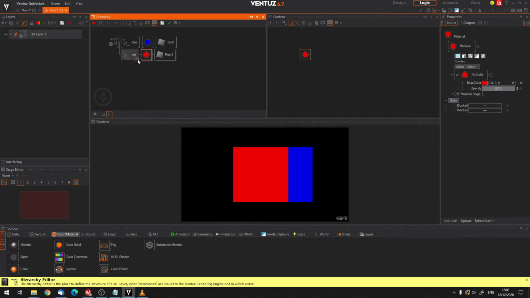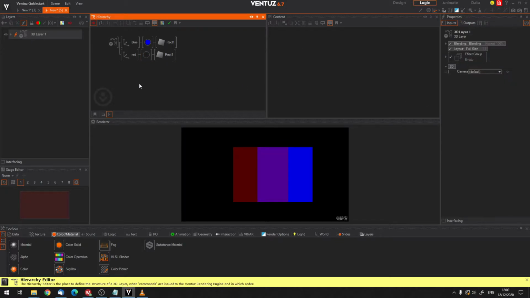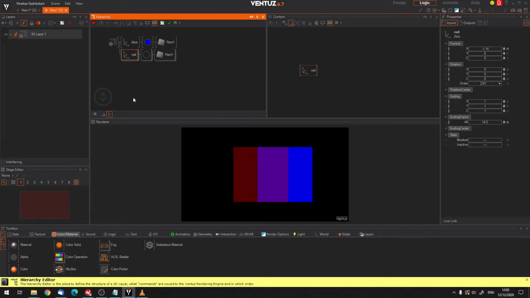So let's do something now. What I will do now is bring some alpha channel into my red one. I can do that if I select the color, and then under base color we have the opacity. So let's bring that down, somewhere to 50, 40, 30, something like that. So now we can see through our red rectangle, and we see the blue one, right? Okay. So what will happen if I bring the blue one in front now? We still have opacity here. We can see through